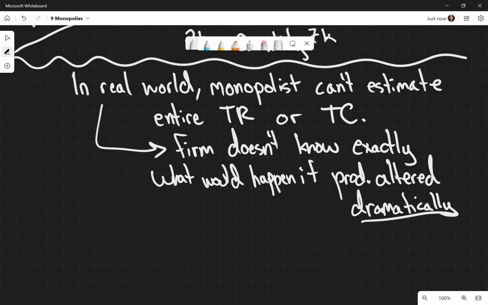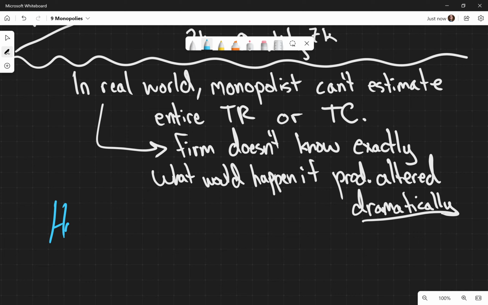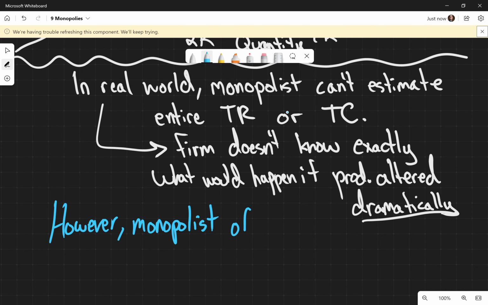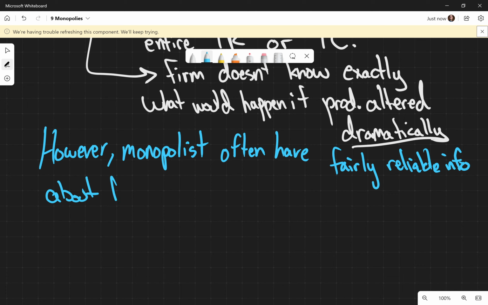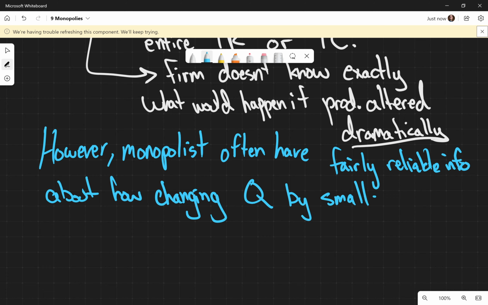So instead, the monopolist and most business owners often have fairly reliable info about how changing the output by small to moderate amounts